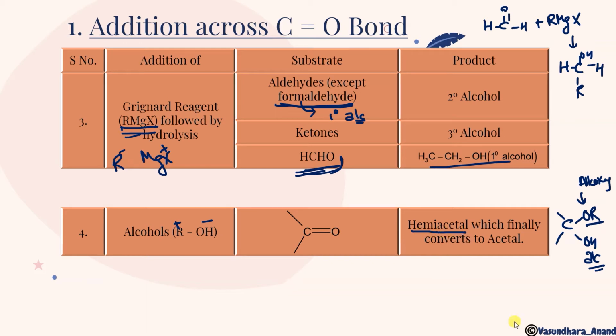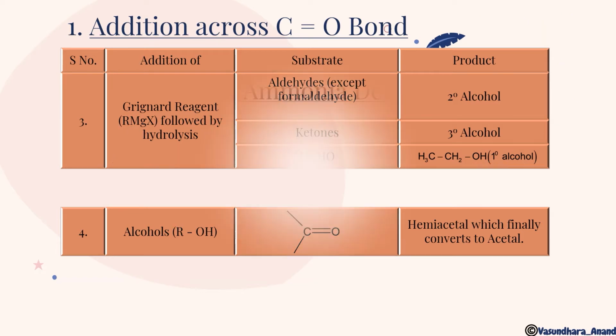It is called hemiacetal. And if this one is OR and this one is also OR, one carbon attached with two alkoxy groups, then it will be called acetal. So first it will form hemiacetal. Again, if it undergoes further addition with ROH, it will form acetal. Clear? You have to learn only that with alcohol it will give you hemiacetal, and with excess of alcohol it will give you acetal.